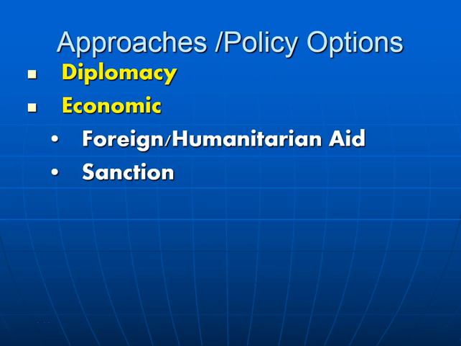On the other hand, the other option available to us is sanctions. Sanction is actually a restriction on trade for a country. This would be a negative type of approach to take. So for example, right now we don't approve of the decisions made by North Korea. We don't approve of them expanding their nuclear weapons program, and so we have placed economic sanctions on them. We have basically said that America cannot and will not trade with North Korea.